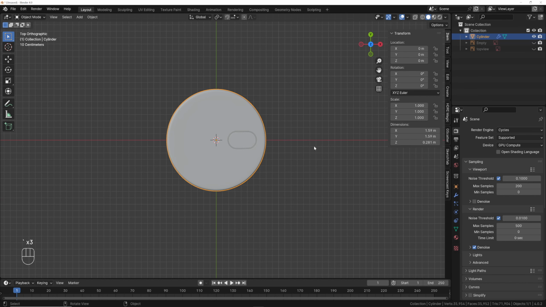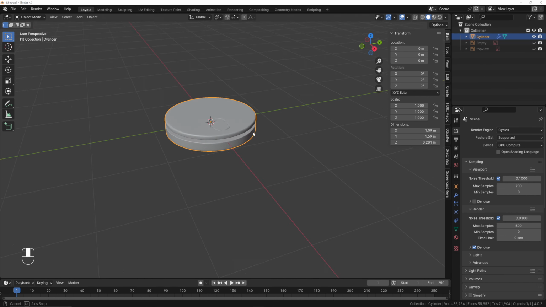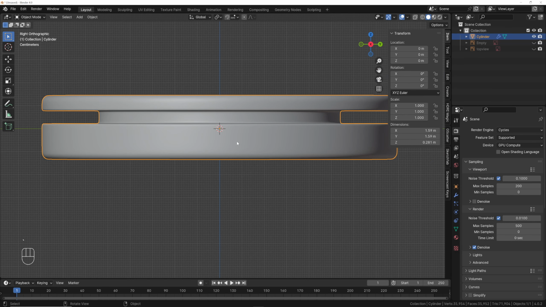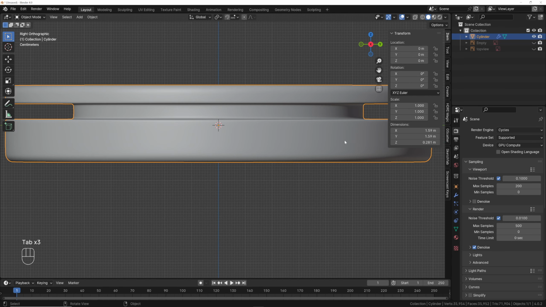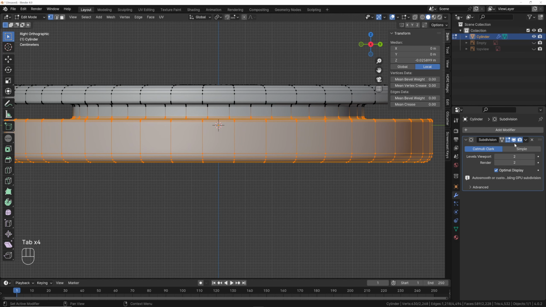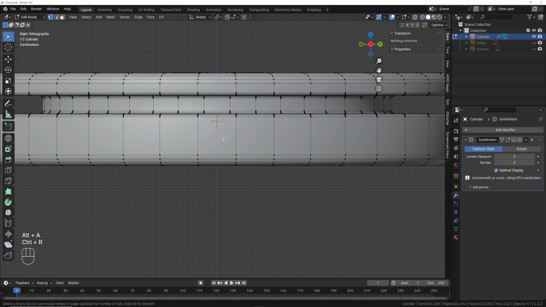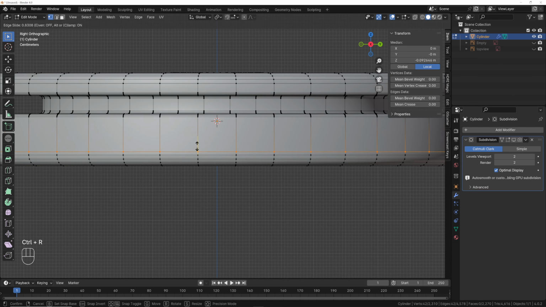Okay, the next thing I want to do is add a little stem piece coming out here that'll connect to the rest of the lamp. So the first thing I'm going to do is go into the right-hand view, and then tab into edit mode, and I'm also going to turn off the subdivision from the viewport in the modifiers tab. Basically what I want is to have a square on this square that we can use to create this stem. So I'm going to click Alt A to deselect, Control R, and put a loop cut here,